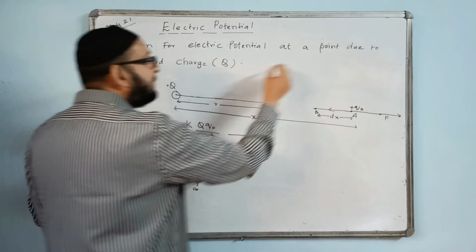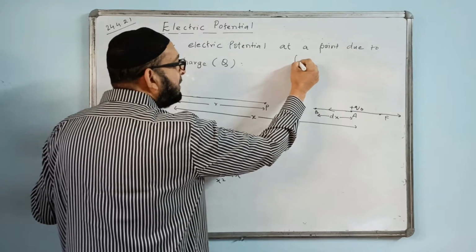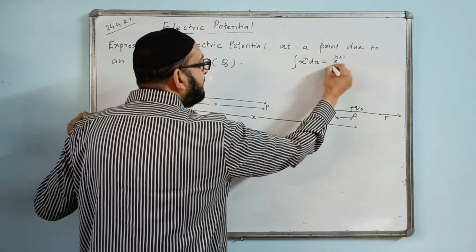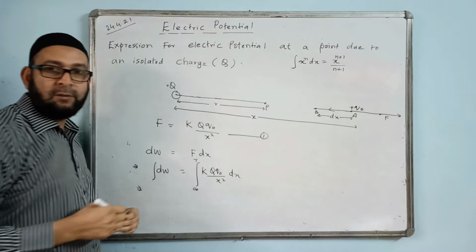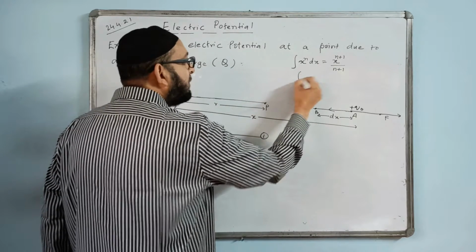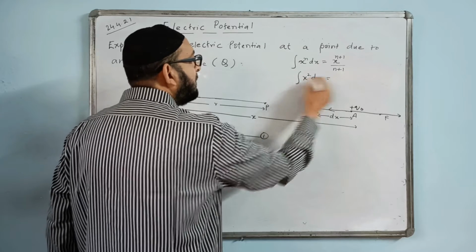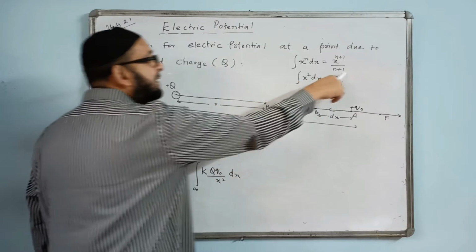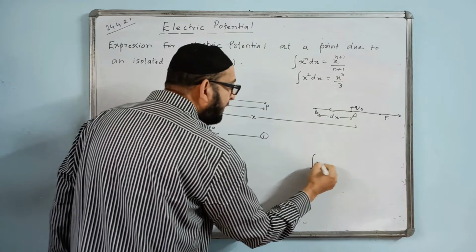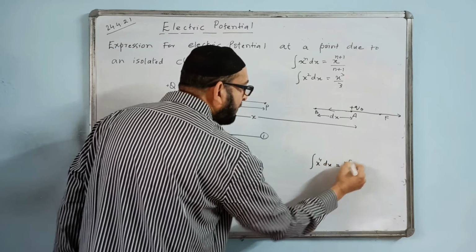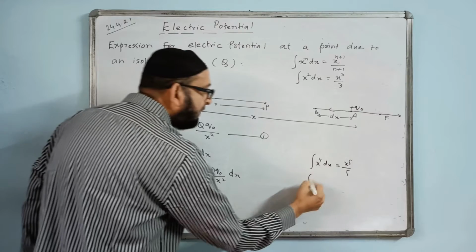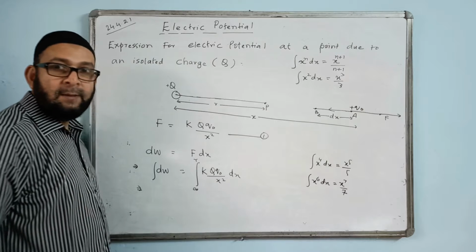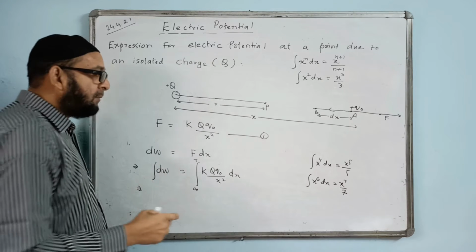In the integration, you have to have some idea of integration. The integration formula is like this: integration of x to the power of n dx is x to the power of n plus 1 by n plus 1. So a simple idea first. Suppose you got x square dx, the answer will become x cube by 3. The power increases by 1 and the same thing comes down. Same way, if I have x to the power 4 dx, this will become x to the power of 5 by 5. If we have x to the power of 6 dx, it becomes x to the power 7 by 7. Power increases by 1 and the same thing will come down.